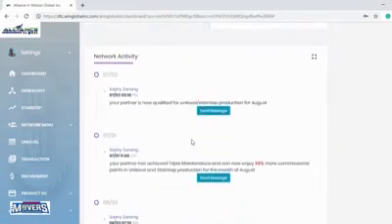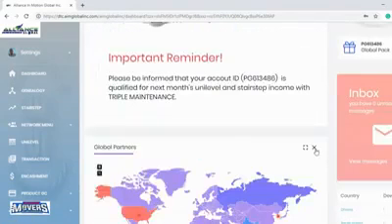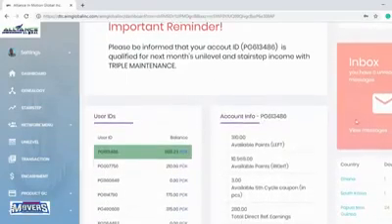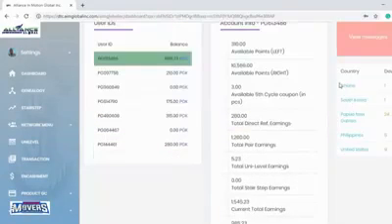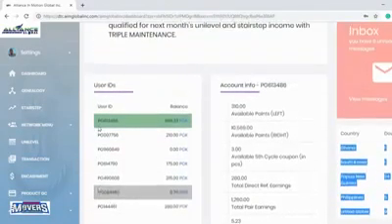And when you scroll down below, you'll also see the network activity. Those people who are joining you, who they are, if they have already maintained for the month, you can also send a personal message to them, right? You can exit this, this X. Okay, it will remove the map, but you'll still see the number of people who have joined you from different countries on this right side of the screen.